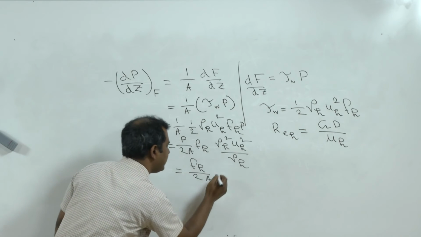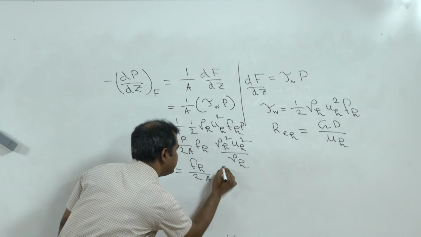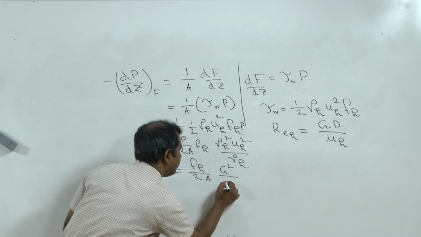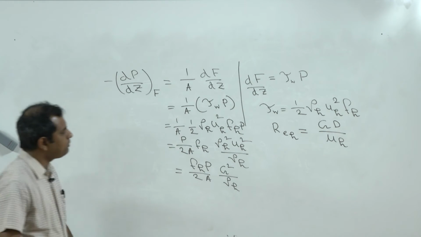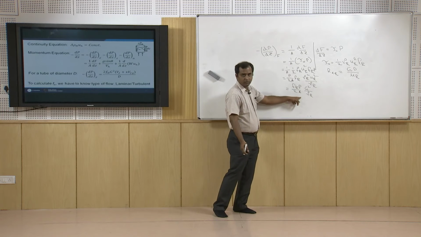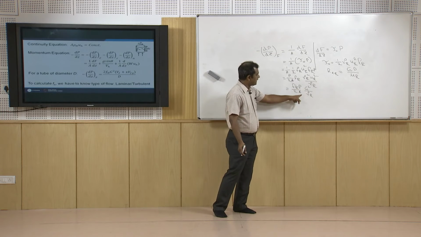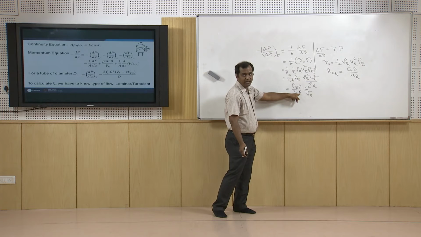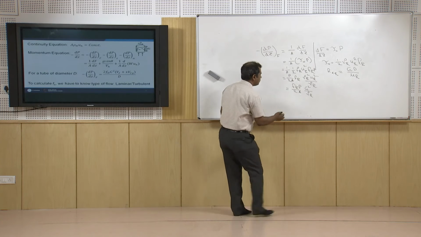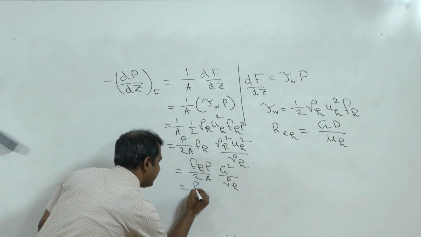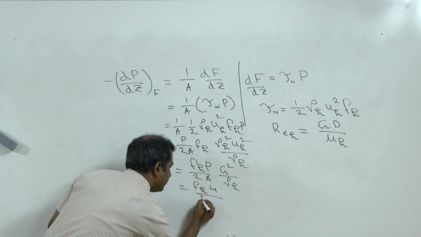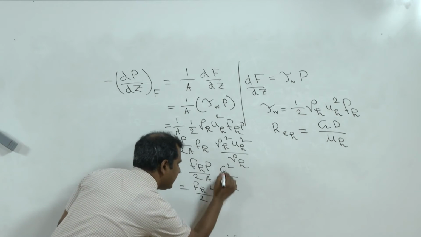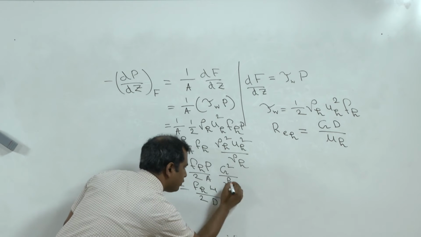We will find that this becomes G squared by rho_h having P. Now, P by A: P is the perimeter, pi d, and A is pi d squared by 4. If it cancels, we will get d by 4. So, we will get f_h and then 4 by d, and G squared, and rho_h